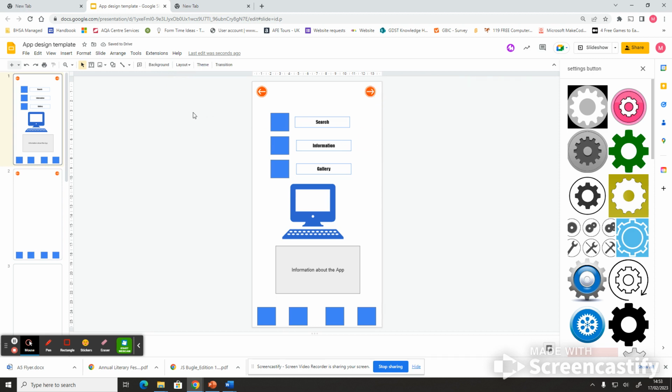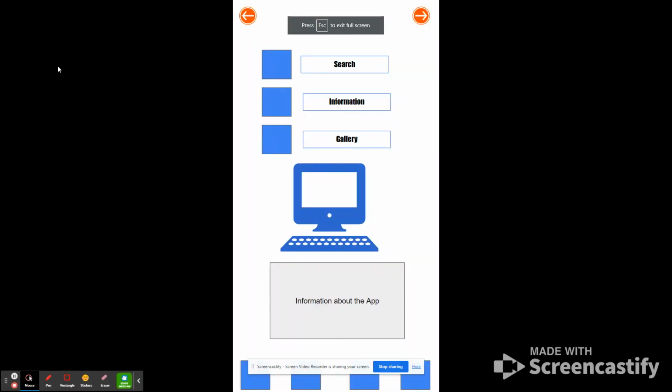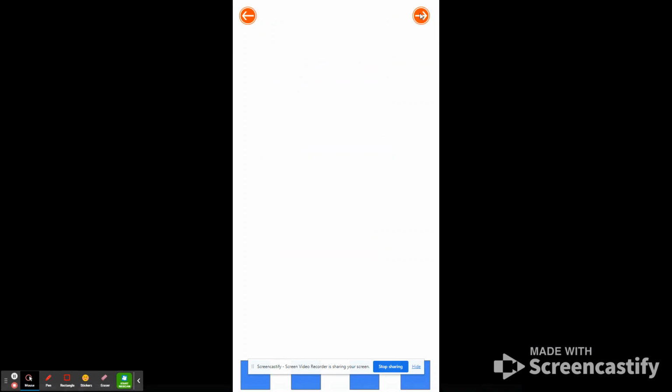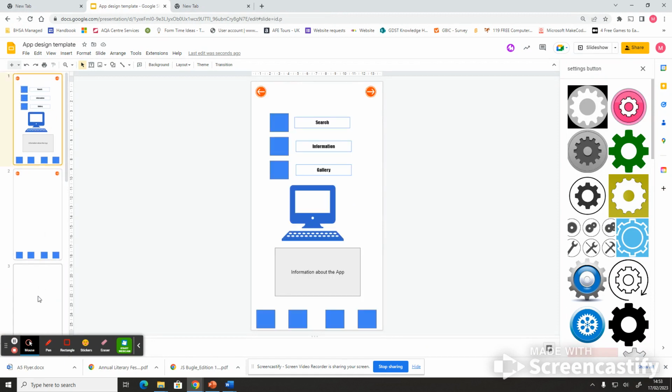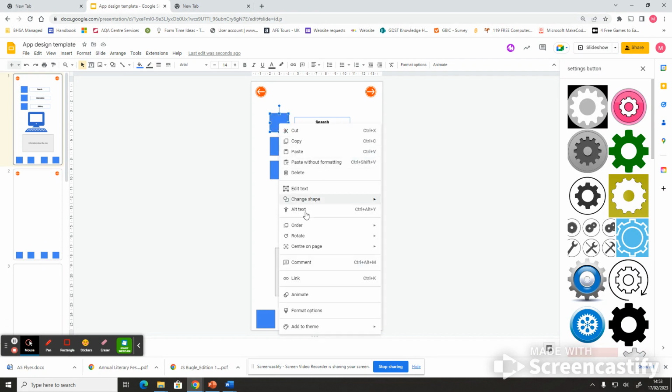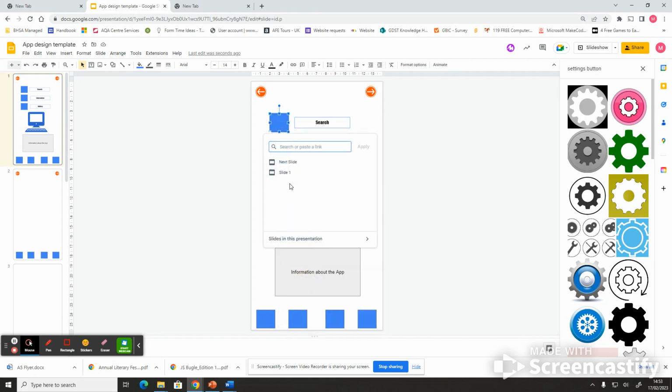Okay, so just to test that works, I can view the slideshow. And this is what my app looks like. Now if I click this button, it should go to the next slide, next page, and it does. So the others I haven't linked yet. If I click, it just keeps on going to the next slide. That's how presentations work, isn't it? But if you put links on, you can choose slides as well. So if I wanted a hyperlink on this box, link, and I can choose slides in this presentation, I can choose whichever slide that I want that link to go to. So you can sort out